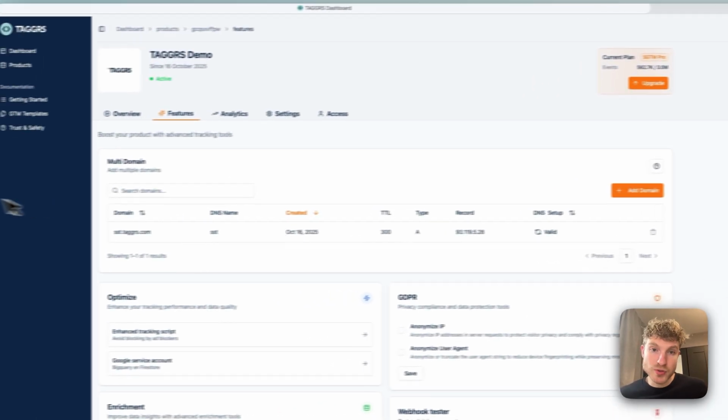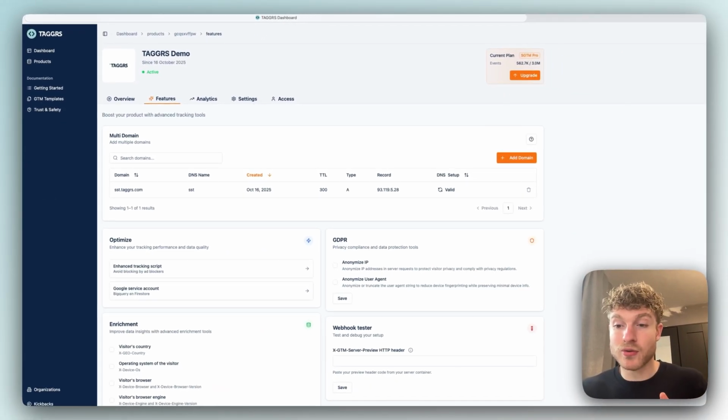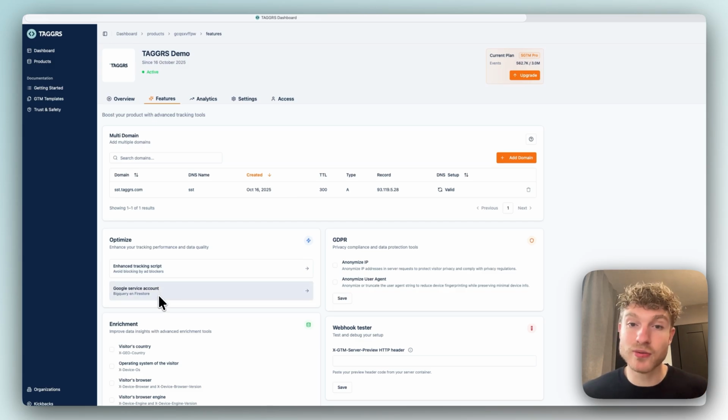The script also boosts the web container, so if there are any platforms that cannot be configured server-side, the script ensures that these platforms are also receiving more data, because the script in general will be blocked less. Under Optimize, you will also find the Google Service Account feature, and by integrating your Google Service Account, you unlock